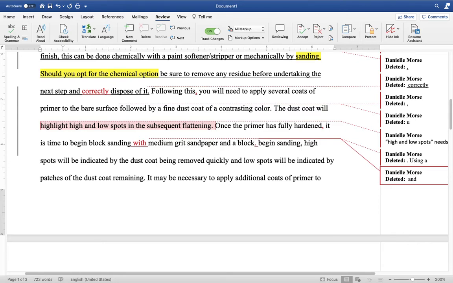My note here is, and this is only because I do work with furniture, so I do understand the nitty-gritty of sanding, whether or not that needs more information. Block sanding. You do say medium grit sandpaper and a block. In terms of how the sanding actually works, like the motions, how long, like, yeah, I don't know. I just don't know, because